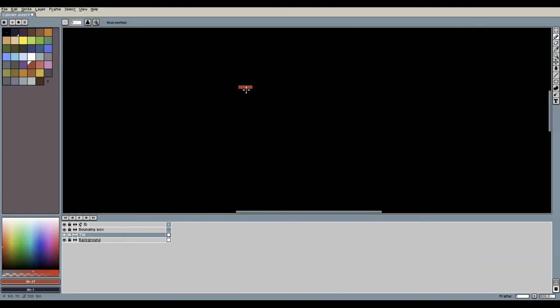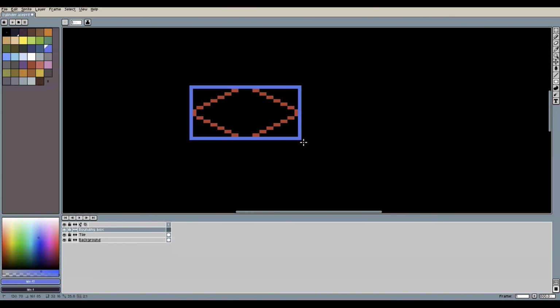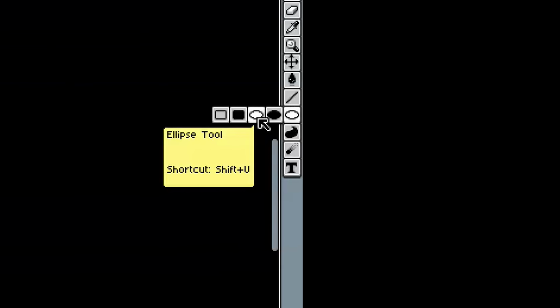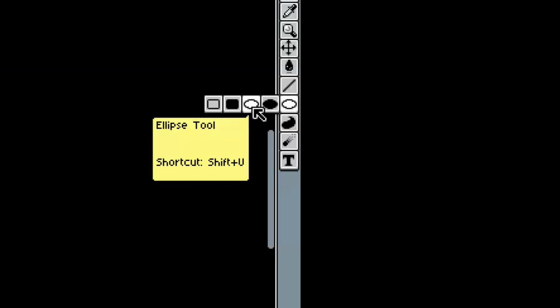An easy method to create this circular shape here is to first draw our isometric tile like before. Now we can draw the bounding box around our tile and connect the opposite corners like this. Next we can select the ellipse tool in Aseprite by pressing Shift and U. Point at a pixel on one of the diagonal lines, somewhere close to the middle between the corner of the bounding box and the edge of our tile. Start holding the mouse button to draw our ellipse and point at the opposite pixel in the bottom right corner in our diagonal line.